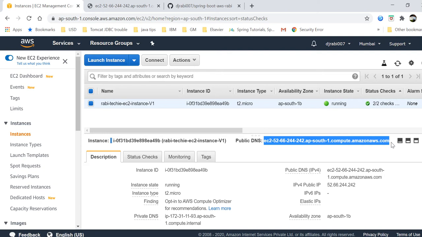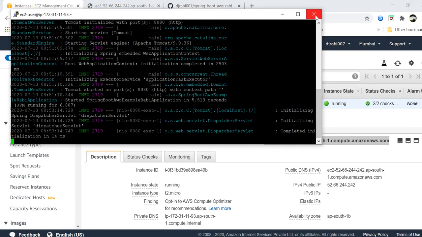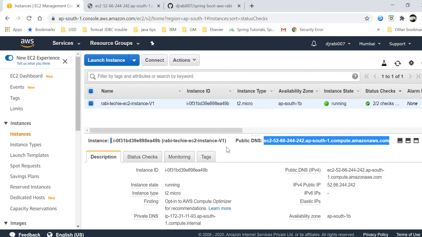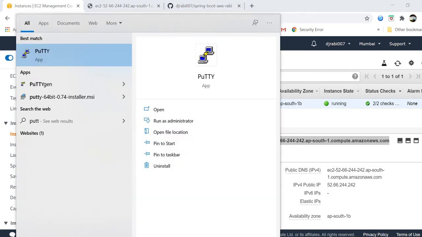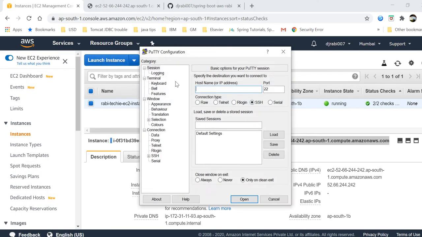To execute the jar file, you need to connect to the instance. Let me copy that. I have already put it. So this is the host.